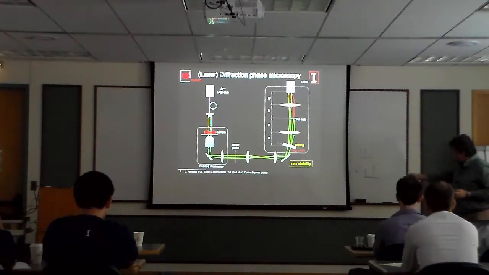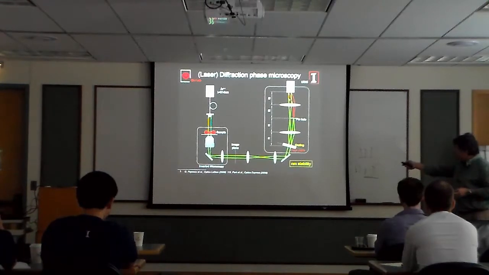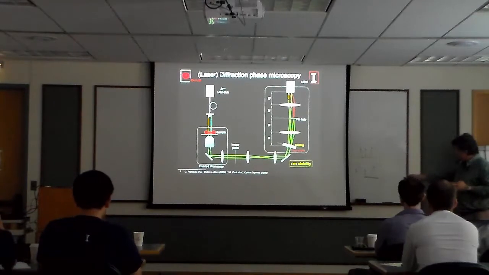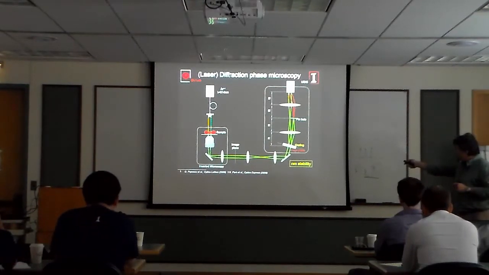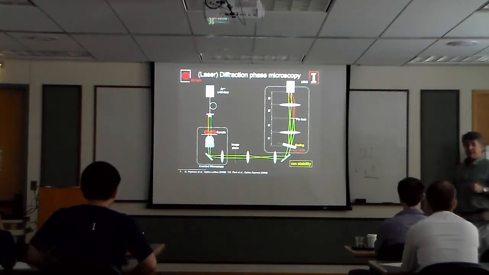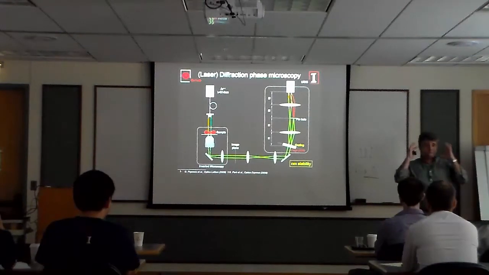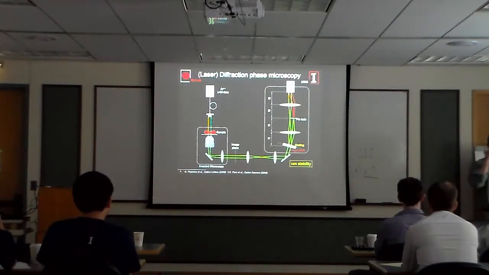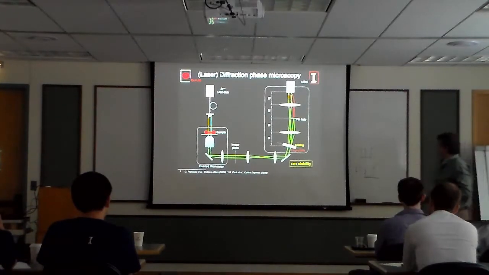And you see what we managed to do is to have a very tight interferometer. So this is the first beam, this is the second beam, through the same lens, and then the second lens makes the image back. So you have an image that goes through this, carried by this beam, and the second diffraction order that comes at an angle. So this gives you very, very stable fringes just because they go through the same set of optics.